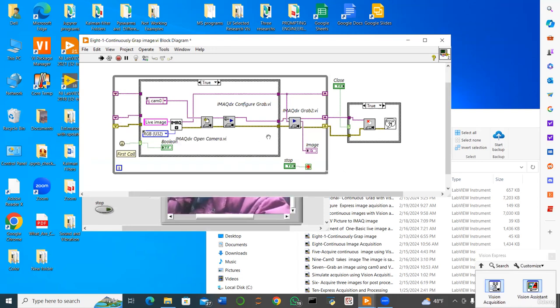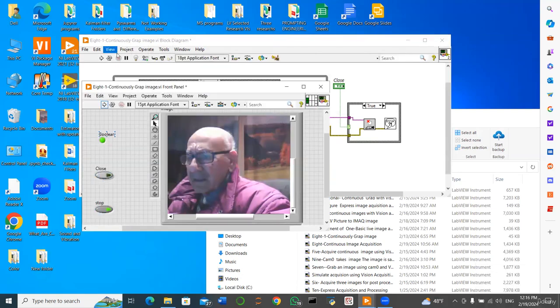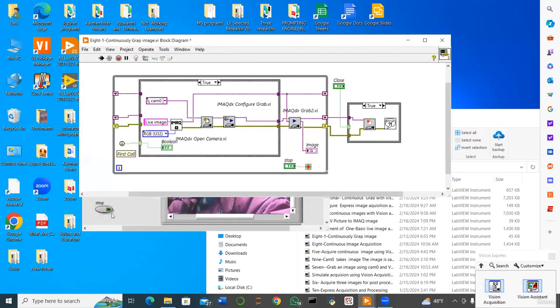So I hope that this is useful for you. Additional thing here, the system is stopped by using only this push button, which is stop here. It is running. I stop it. It is stopped there. Anyhow, let me tell you one thing, that in LabVIEW, it is recommended always to use